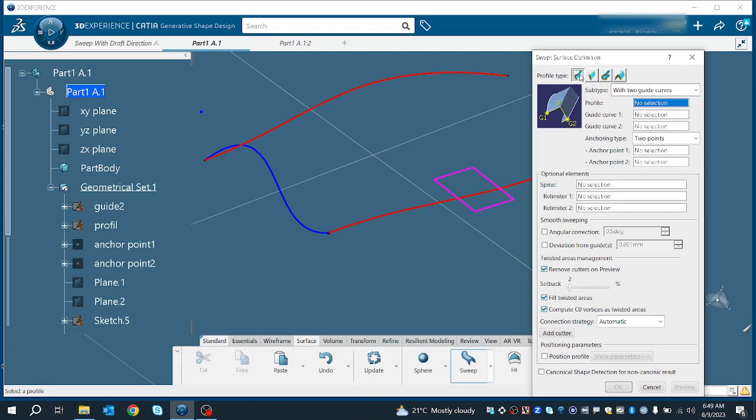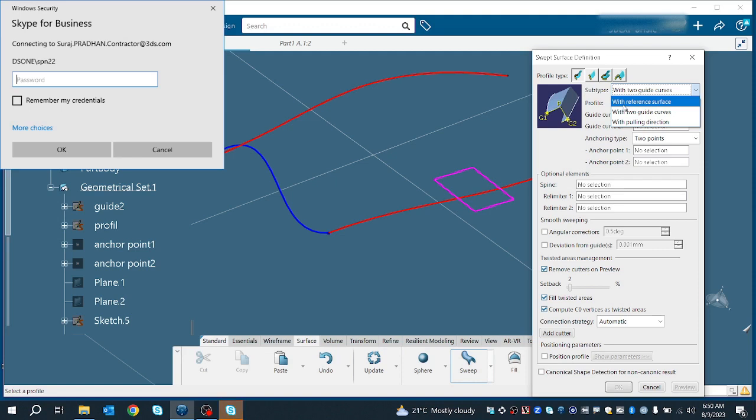In this explicit profile you can find three subtypes of profile, or three types of surface. One is with reference surface, second one is with two guide curve, third one is with pulling direction. So remember one thing,